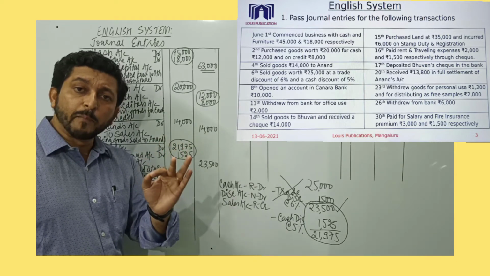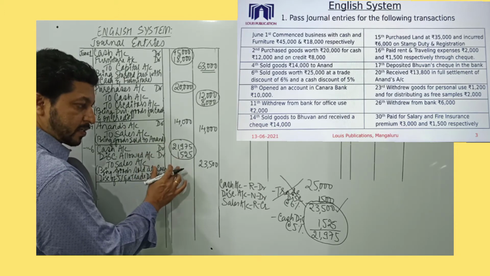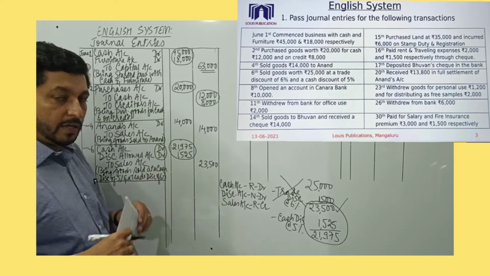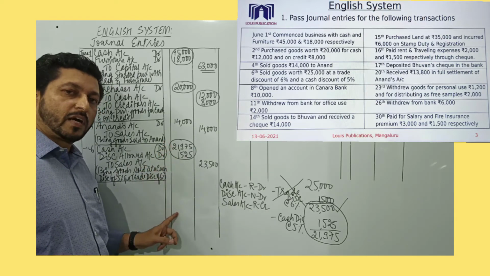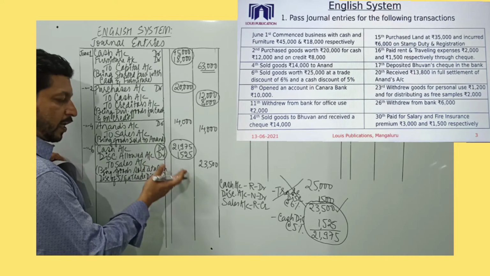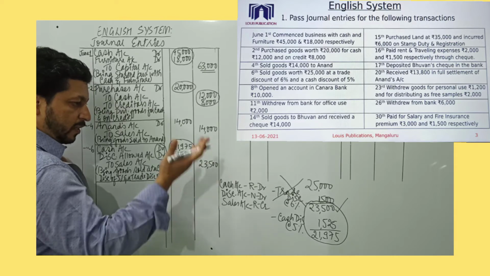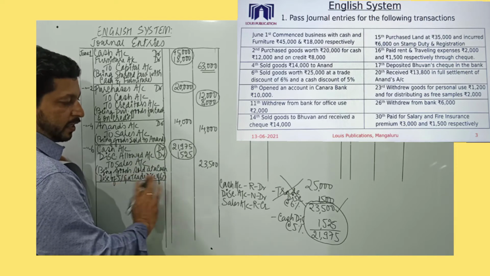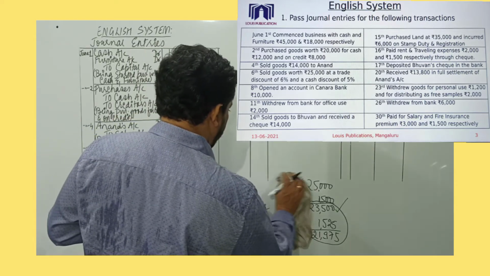Another very important statement. Whenever you are writing the journal entry and when there is cash and discount or bank and discount, either both will be debited together or both will be credited together. In a single entry, you cannot have cash account debited and discount account credited in one entry. It is not possible in accounts at all. So cash and discount are either debited together or credited together. Similarly with bank as well, either debited together or credited together. Remember, so this is about the June 6th dated transaction.